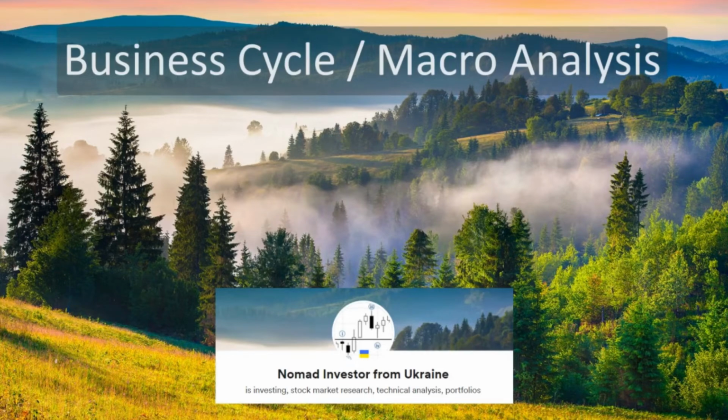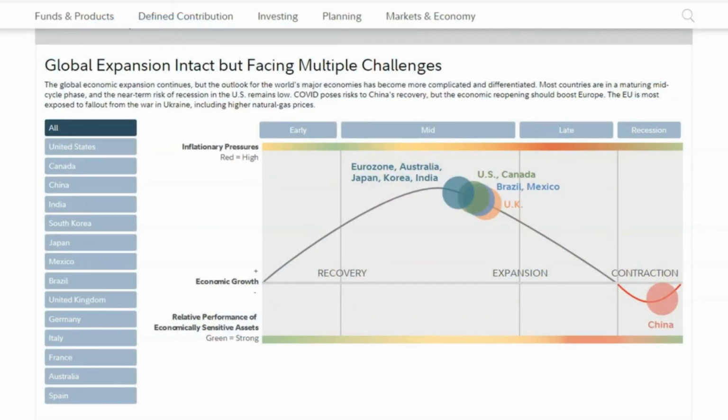Knowing the current business cycle stage is very important for asset allocation. First, let's take a look at the Fidelity business cycle estimation chart. This chart is usually posted by Fidelity every 6 months, and it's pretty good at illustrating the current state of